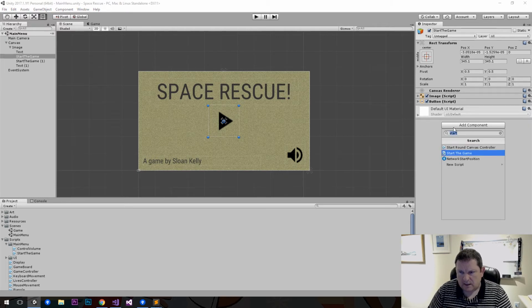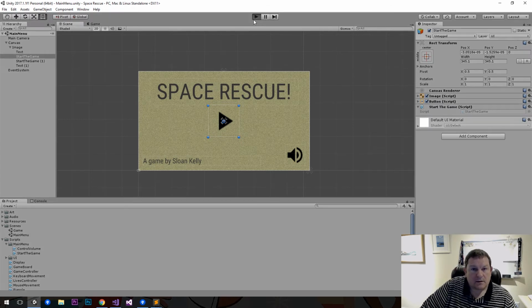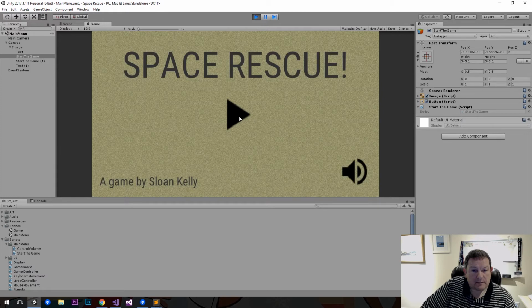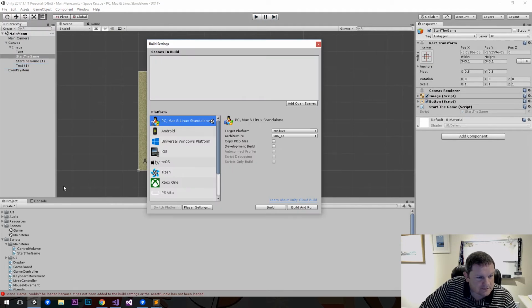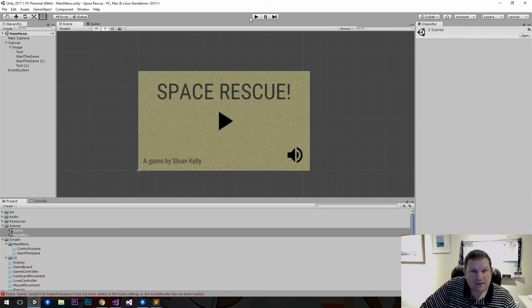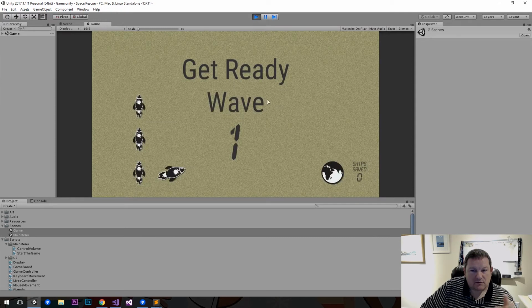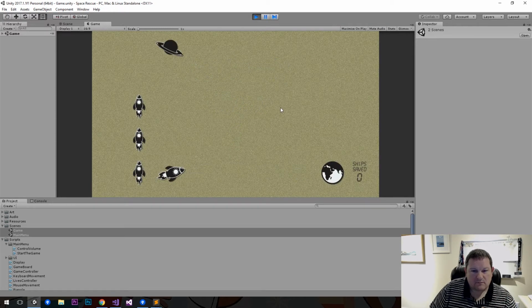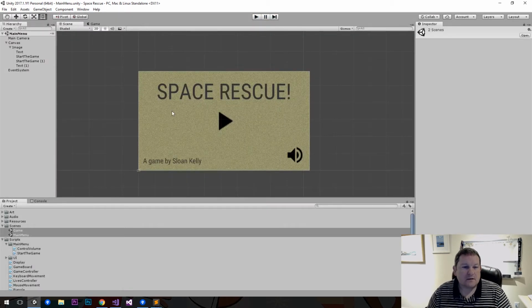Start the game. So I add the start the game component to here. Now when I run the level, I can click on the play button and, oh, I need to add it first. Whoopsies. So build settings and then drag and drop these two into here. So the first level is going to be main menu, obviously. Okay, so now when I press play and then I press play here, it'll load the level, and then we'll be able to save the world. Okay, so that's the idea anyway